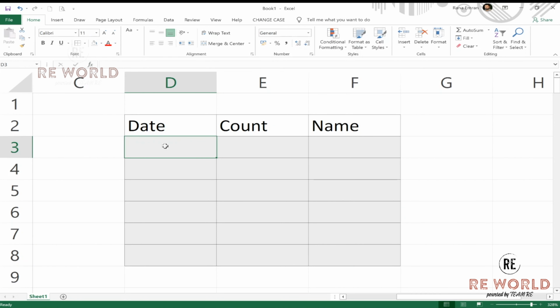Now I want myself or the other people who will be working on this sheet to add only a date here, and that date should be in a specific format, not like I add, for example,